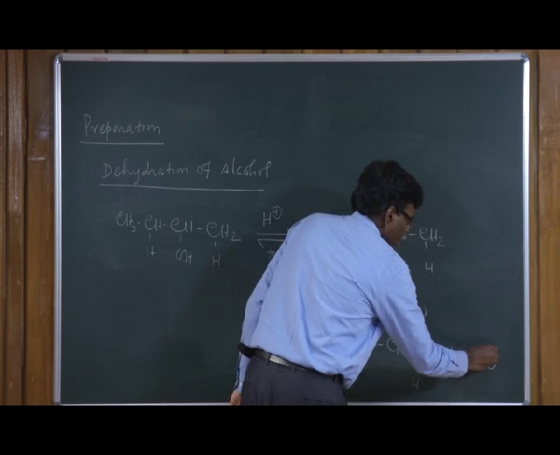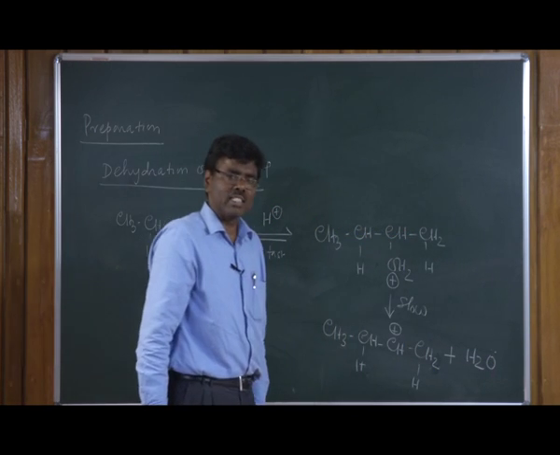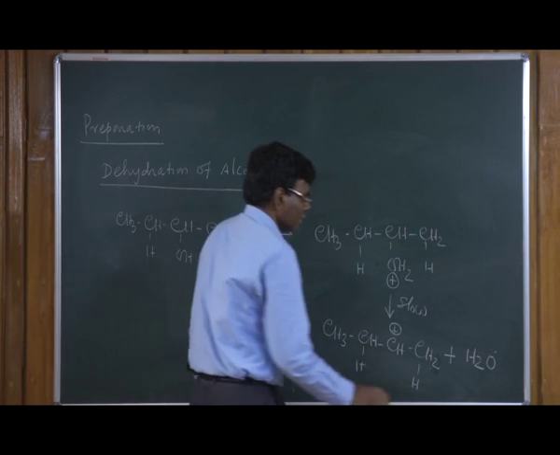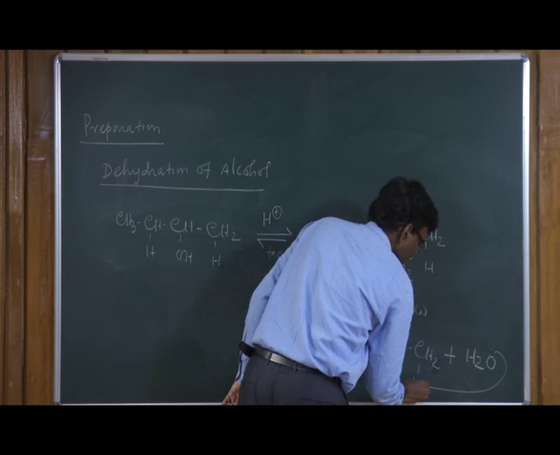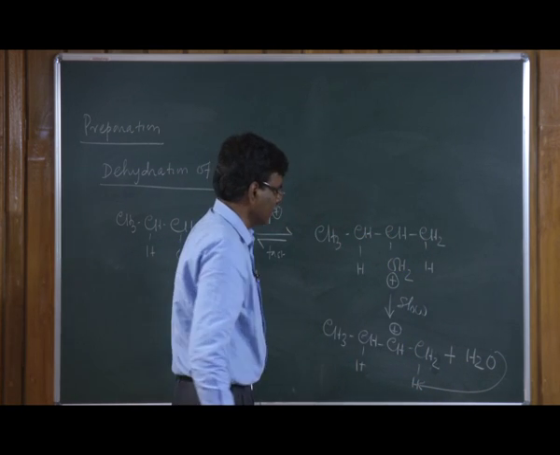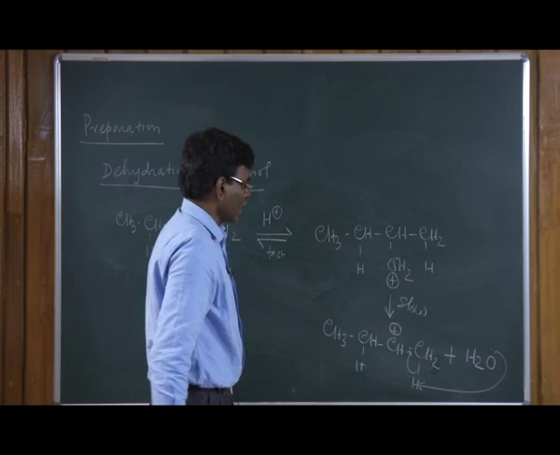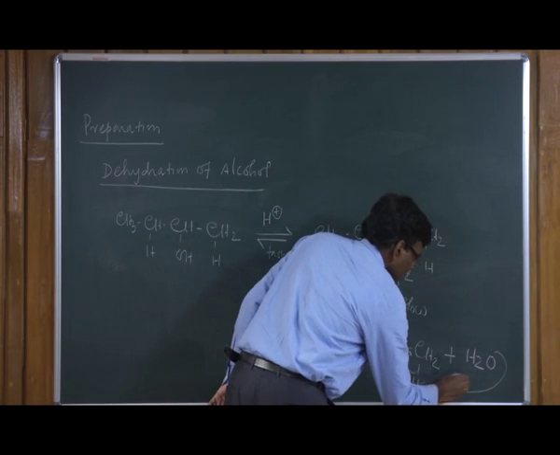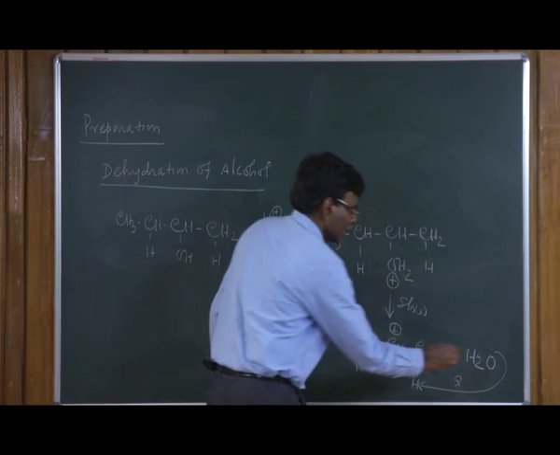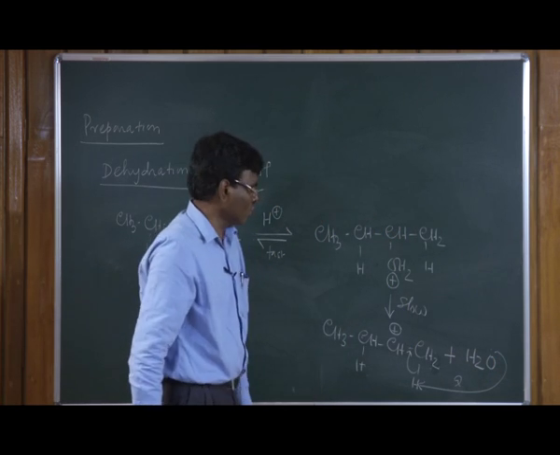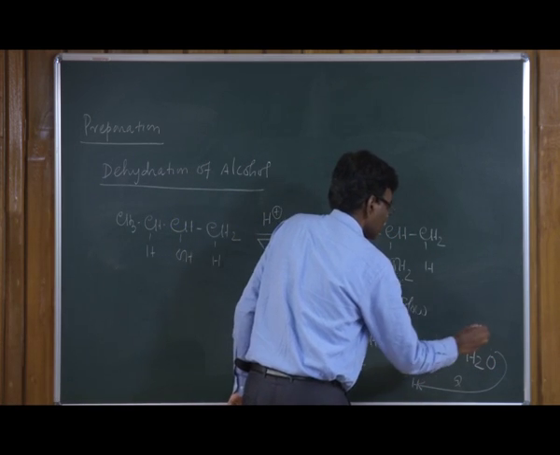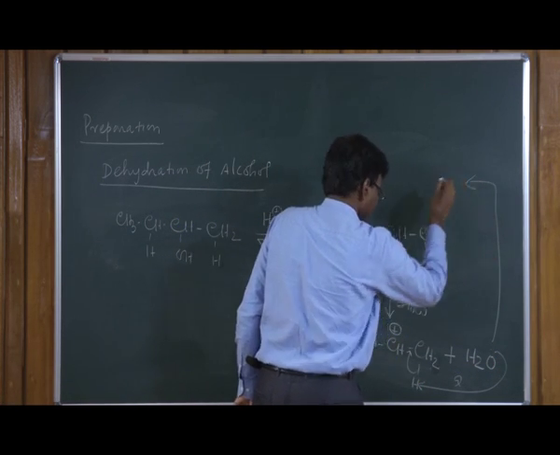Now, this water molecule can act as a base. It can remove this proton, then you will get the corresponding alkene. For example, path A. If this water molecule removes this proton, you will get